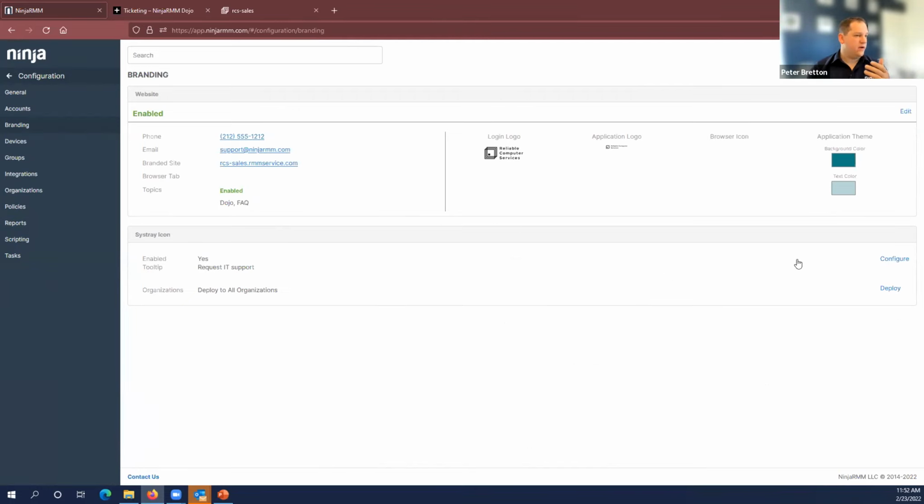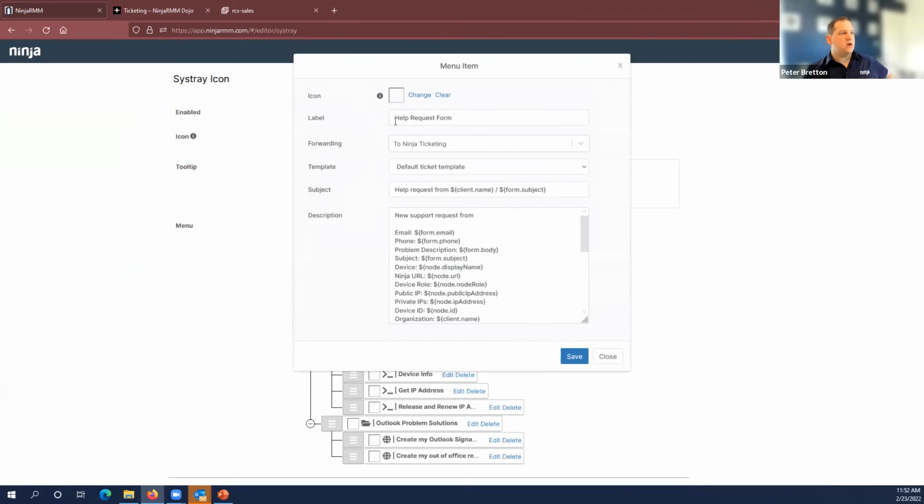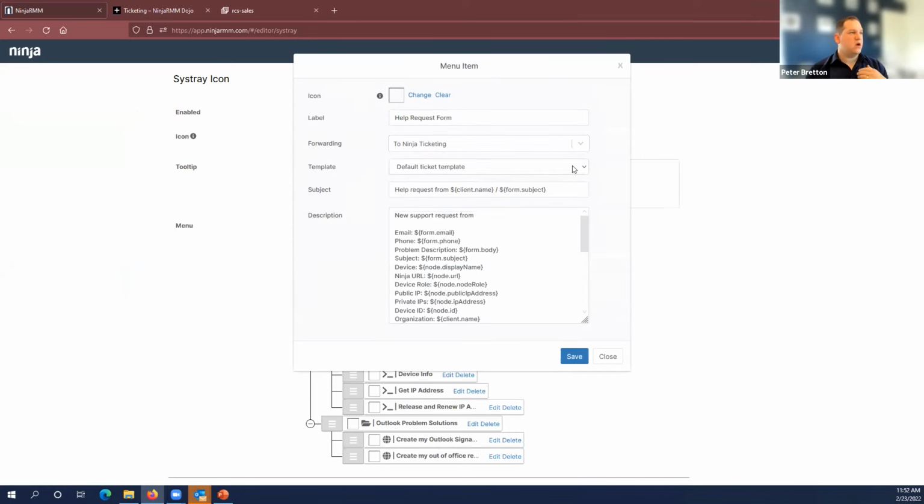If you come into branding here, you can go ahead and go to configure. And this is the help request form. There's a lot of other stuff here, but the help request form specifically, you can have that go to an email address. If you have ConnectWise or Autotask or whatever else integrated, you can go there. You can go to both, or you can just go to Ninja Ticketing. So let's say we're going just to Ninja Ticketing. We can